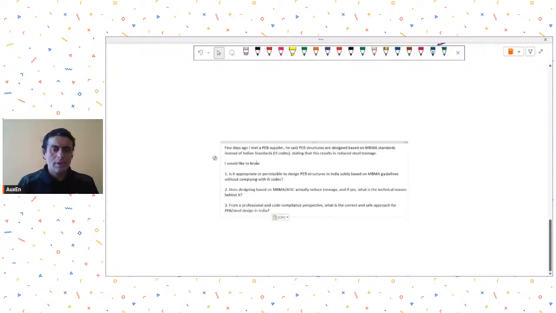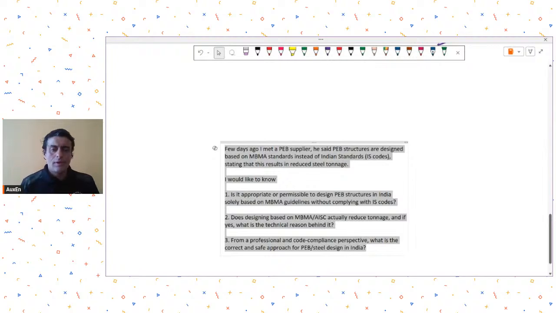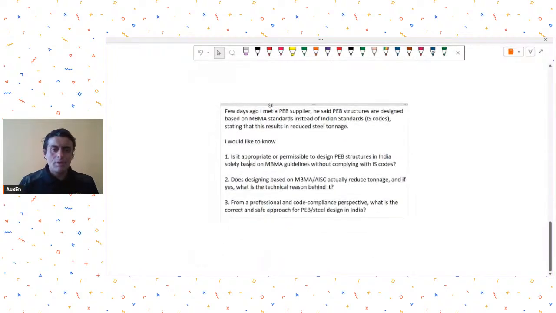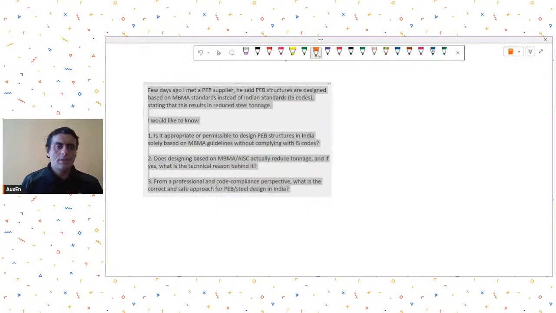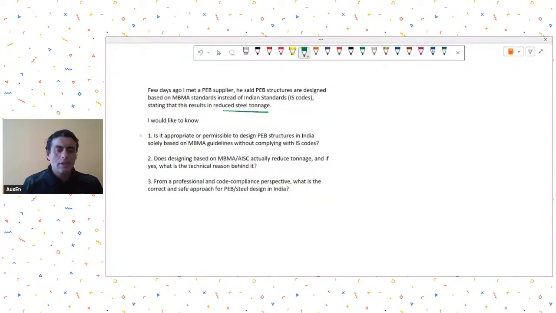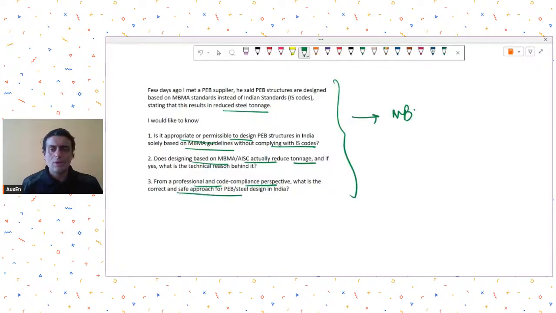Few days ago, I met a PEB supplier. He said PEB structures are designed based on MBMA standards instead of Indian standards, stating that this results in reduced steel tonnage. I would like to know, is it appropriate or permissible to design PEB structures in India solely based on MBMA guidelines without complying with IS codes? Does designing based on MBMA AISC actually reduce tonnage? From a professional and code compliance perspective, what is the correct and safe approach? So anyone in the audience has any thoughts on this,